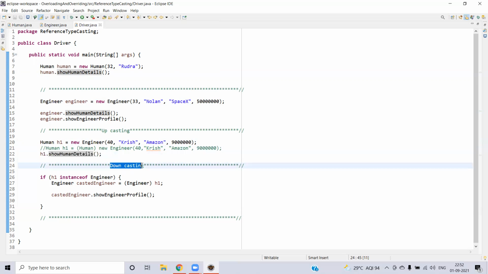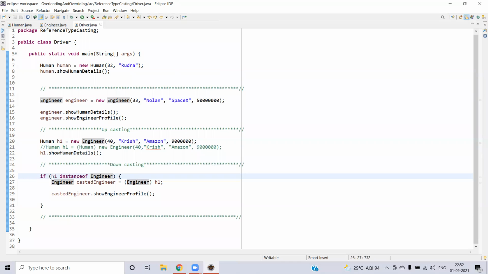Then downcasting. For the same example, we have created a reference H1 of type human, right? Let's say I'm checking whether H1 is an instance of engineer or not. If it is true, then I will be typecasting the H1 object to the engineer class. Then I will have another reference called engineer, with the variable name casted engineer.